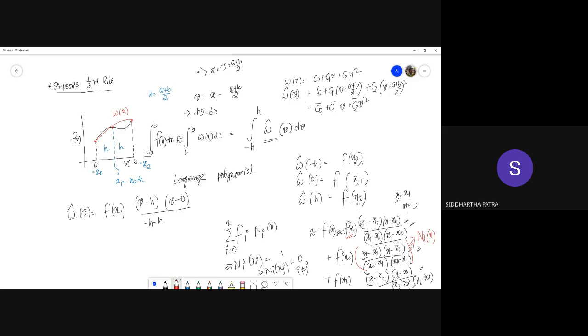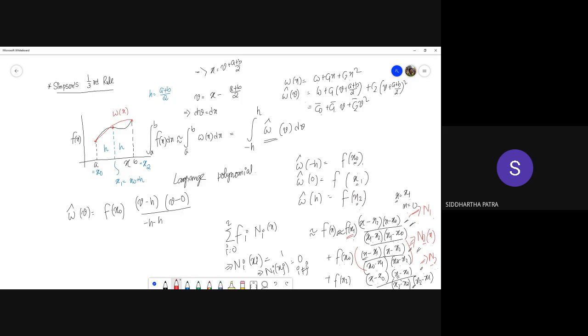Because the two other shape functions, let's say this is n1 and this one is n2, these two shape functions would be 0. Sorry, the shape functions n0 and n2 should be 0 when x equals x1. Only n1 would be 1. So the value of the approximate function would be f of x1. So eventually you have a parabolic function which satisfies the condition that at these three distinct x values, the function itself has so and so value. So that criteria will be satisfied.